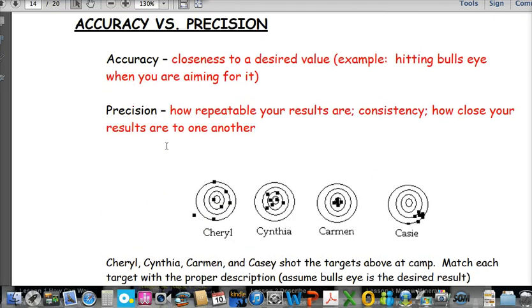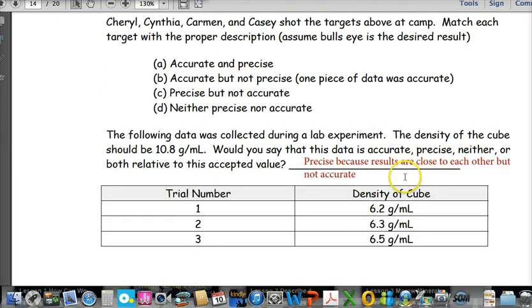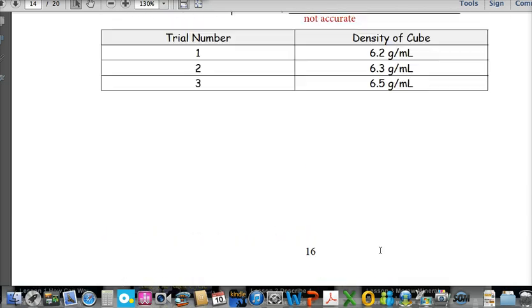So let's take a look again. Precise means the results don't necessarily have to be where they're supposed to be, but as long as they're bunched together. Accuracy is close to the desired value. So if your numbers are close to what the actual number is, you're accurate. So obviously she's nowhere near that. So she's not accurate, but she is precise because all of her densities are in the same region. But again, not accurate, but precise. And that's it for accuracy and